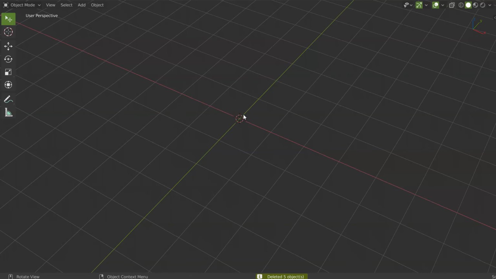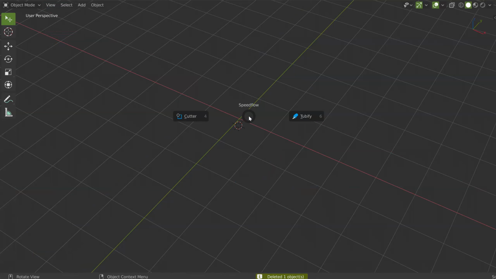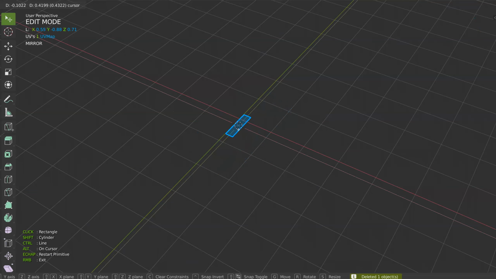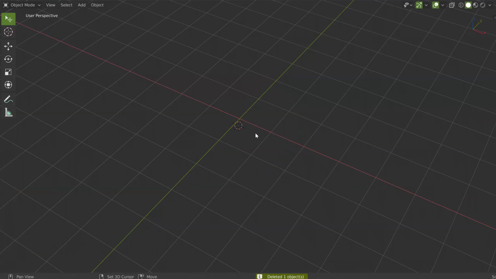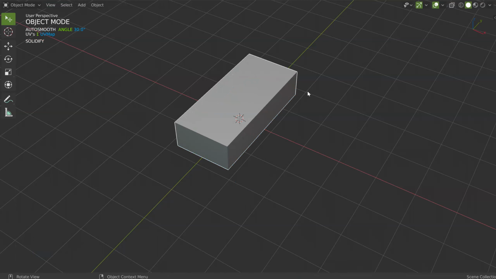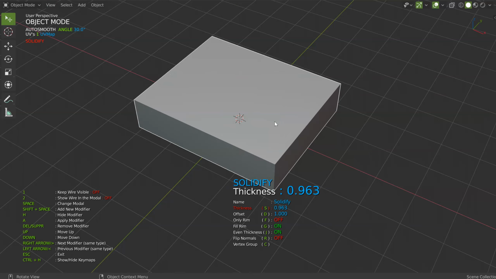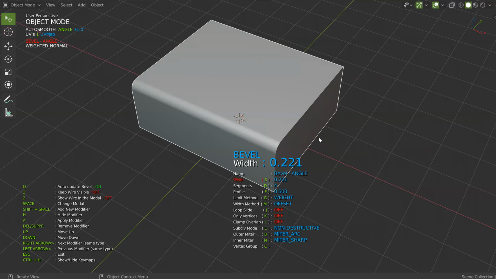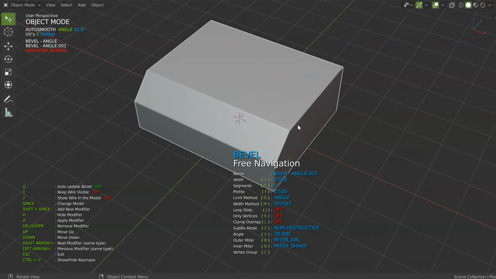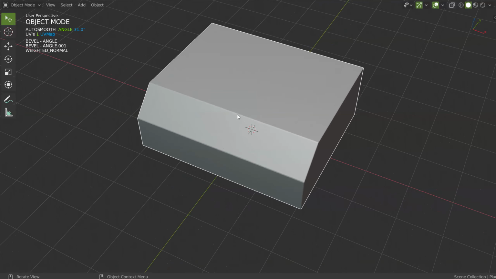So how does it work? If you have nothing selected, you click and move, and you press space to validate. As simple as that. You can also click and press Alt, that will place it on the cursor. Okay? Space. So if your cursor is at the center of the scene, you will do this, this, this. Fast. And this is the goal, as fast as possible. On this one, I will play with this solidify, apply this solidify, add a bevel, a second bevel here, and that's it. So I created this object, and now I will cut it.